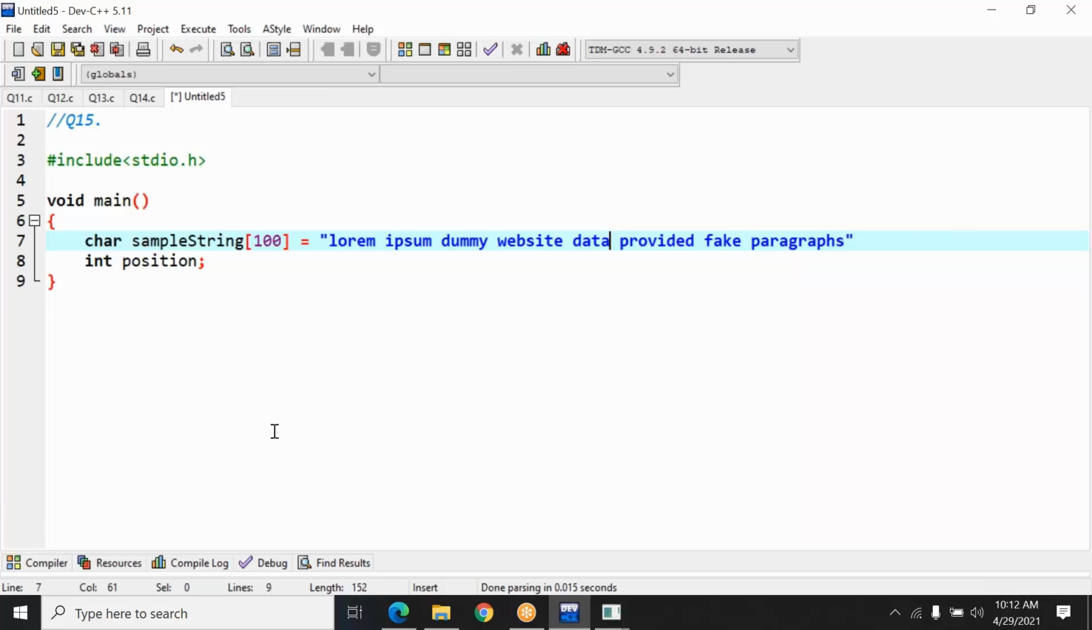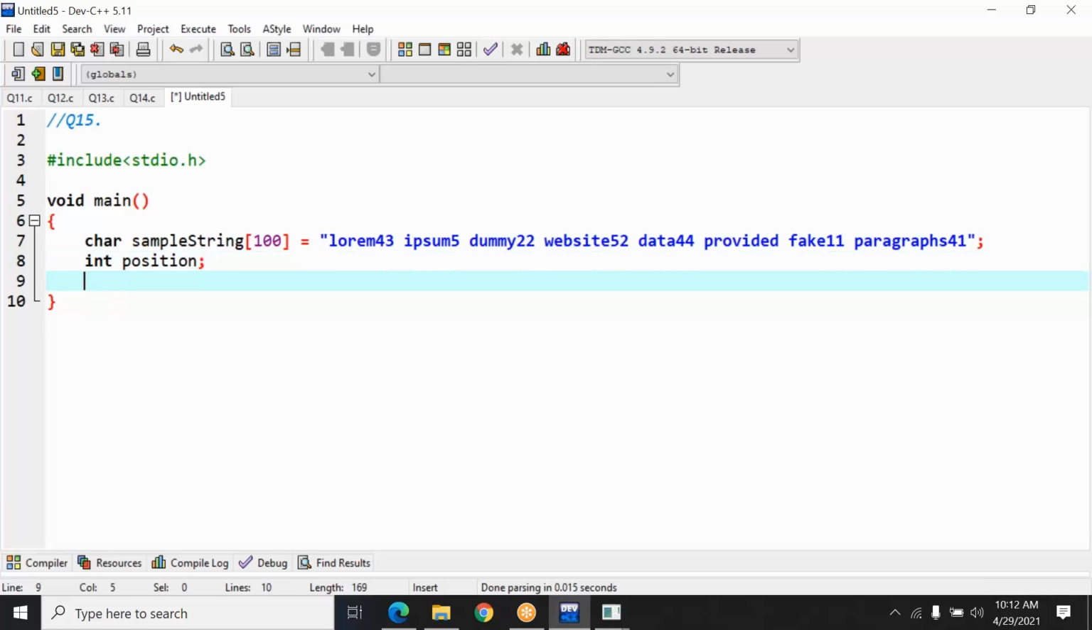So here you are given strings ending with digits or numbers. 43, here is 5, here is 22, here is 52, here is 44. Here it is not given, but here given is our number 11, and here it is given like 41. So you are provided these numbers. Okay. So the task given to you, this challenge I keep for you, is that you take input from the user as a position,